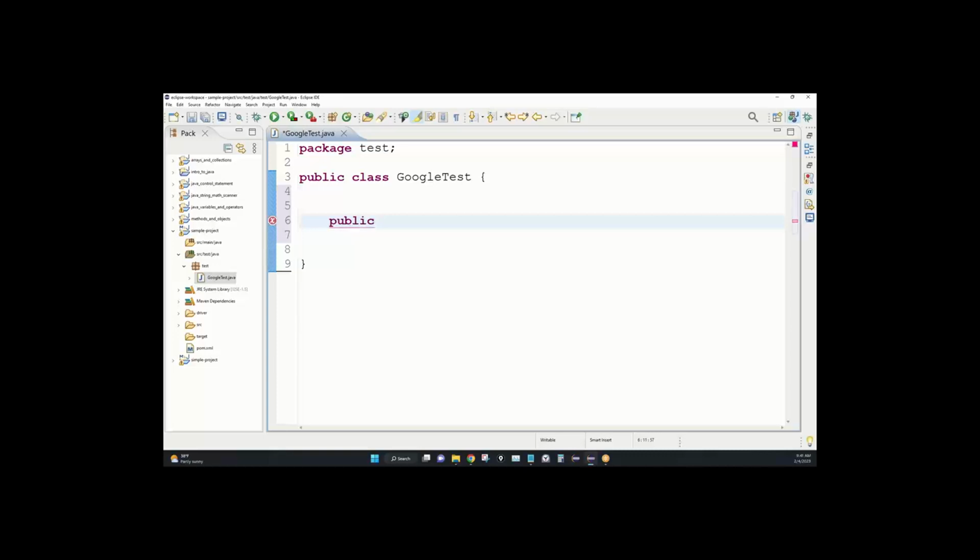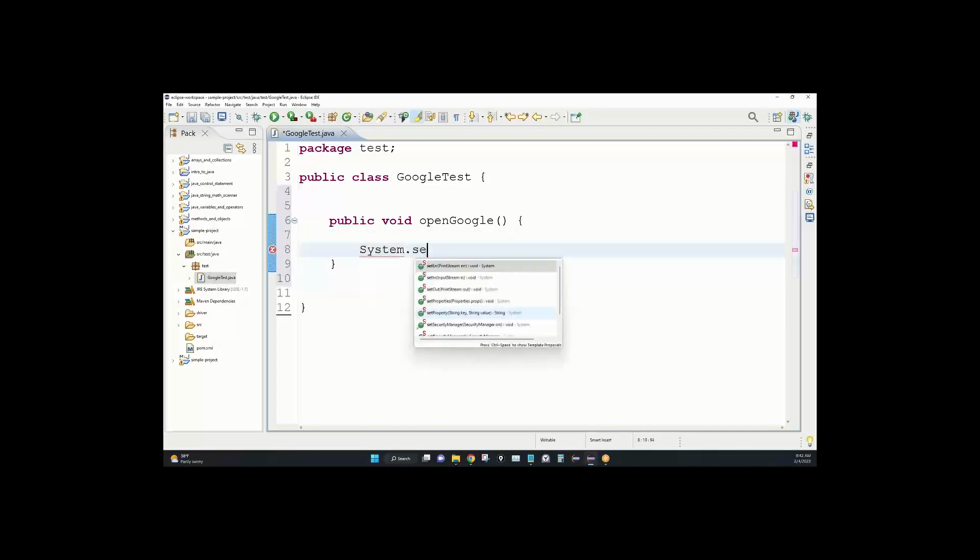Public void, just write public void. It's not a static, it's a dynamic method. And give it a method name, open Google. Okay. So here, public void open Google. First thing you need to tell the system is System.setProperty